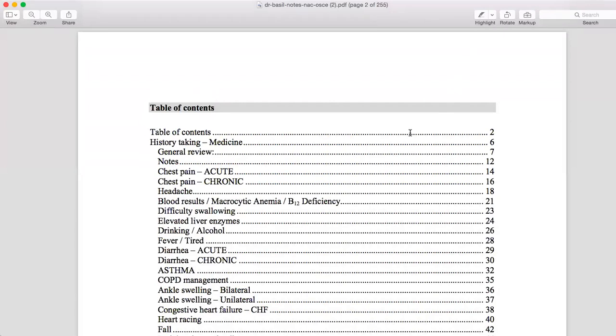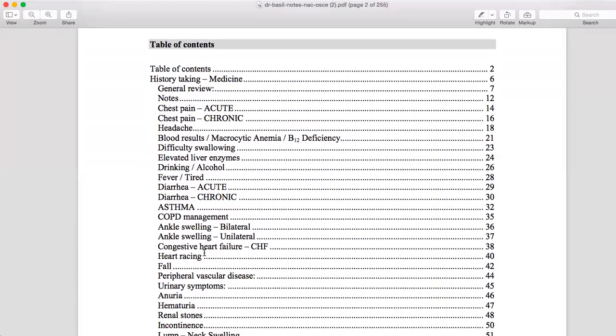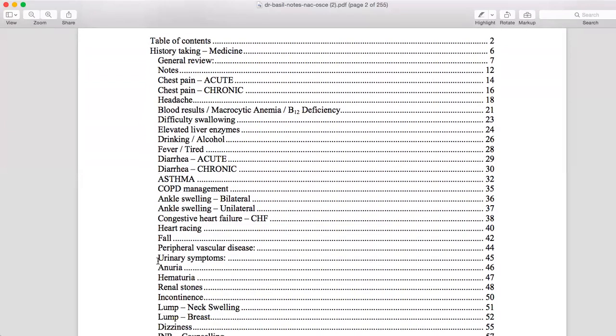Let's come to the topics you need to cover. Everything that's written here in Dr. Basil notes. There are other topics in regards to ethics that are not mentioned in Dr. Basil notes that you need to do from the Edmonton manual. So you need to do those cases as well. You need to know acute cases and chronic cases. Let's go with chest pain and asthma. For the acute case, if somebody is coming for the first time, and if somebody is coming for the second, third, or fifth time, then you need to know how you're going to approach that chronic case and how you're going to deal with that person.